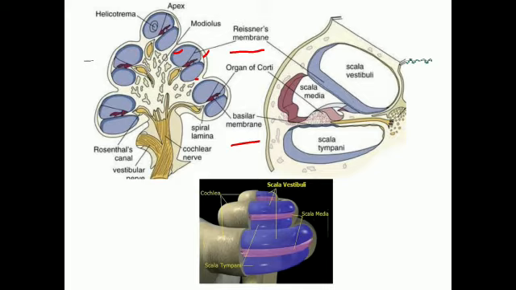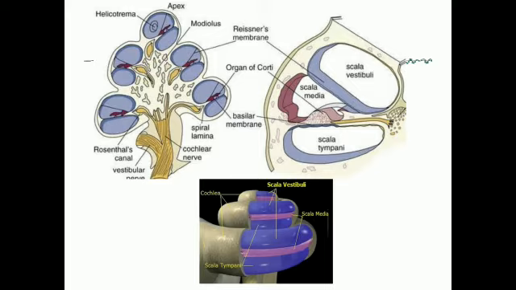Here it's the enlarged picture. The three compartments are called scala vestibuli, scala media, and scala tympani. The scala vestibuli and the scala tympani are filled with the perilymph, that is the bony cochlea, and the scala media is filled with endolymph. So the scala media is the membranous cochlea or the cochlear duct, which is filled with the endolymph. Here you can see the picture, the bony cochlea filled with the perilymph, blue color, and inside you have the pink color membranous cochlea or the cochlear duct, which is filled with the endolymph.